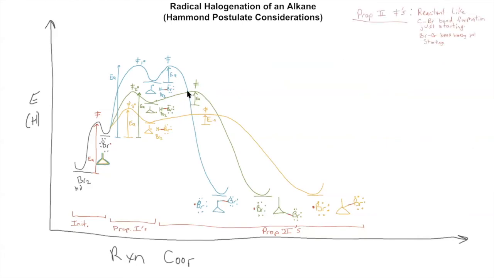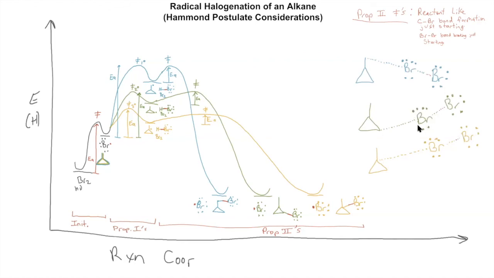You tell me, what does the primary, secondary, tertiary prop 2 transition state look more like? Does it look more like the reactant carbon radical or more like the product bromine radical? More like the reactants. Good. So I draw them all up. They look more like the reactants. So this carbon to bromine bond is really long, and this one's short. Really long, shorter, really long, short.